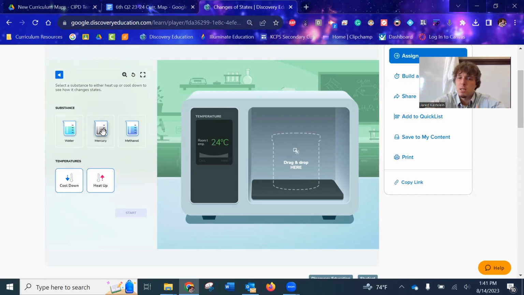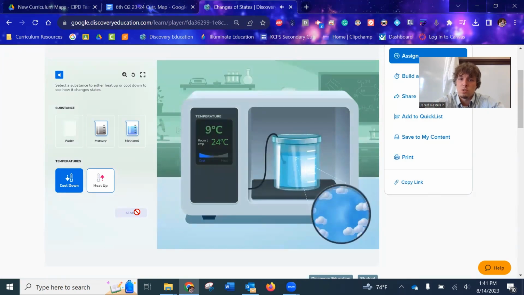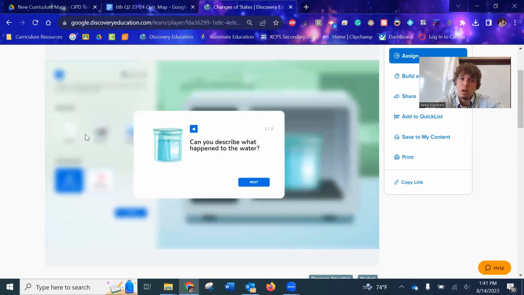But when you get different materials in there, all of a sudden it's different temperatures, and that might be a concept students didn't know. So the main thing is you drag your material in there, it's reading out the temperature, and you can tell it to cool down, and you'll see that happen. And one thing that you want the students to know is to check the temperature at which the molecules actually freeze. So when you saw 0, that's when they froze, and they can note that on their student worksheet. Because when they go through the different mercury and methanol, they'll find different values,